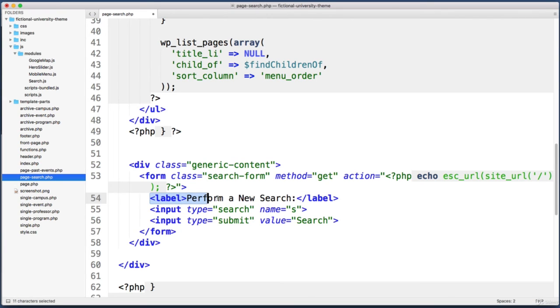Okay, and then in order to associate a label with an input, so that if a user clicks on this, it automatically focuses the input field, all you need to do on the opening label, say for S, and then whatever you say that it is for, you just need to provide a matching ID on your target. So then on this input, we can say ID equals S. You just want these to match. Okay, so if we save that,